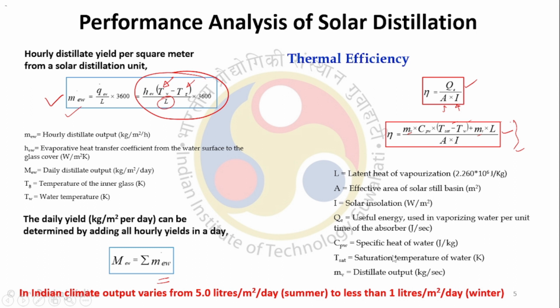So if you have 5 liters of water per day, that is a huge amount from 1 square meter. If you have 2, 3, 4 square meters, you can easily manage a family of four for drinking water purposes. Generally a man or a woman drinks 3 or 3.5 liters of water per day. So you can imagine, if we have 3 square meters of this installation, it can provide a good amount of potable water.